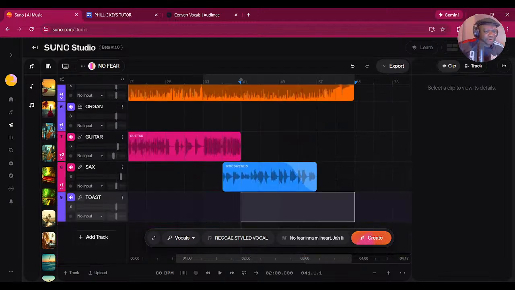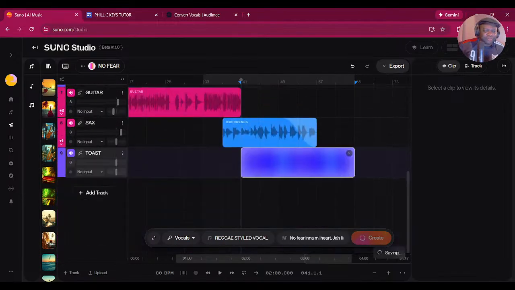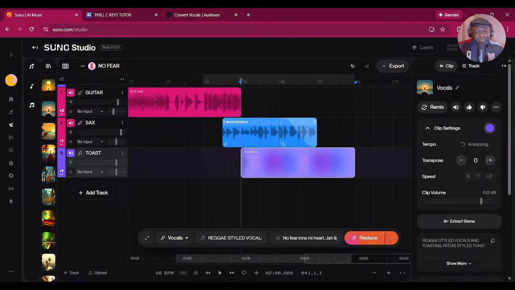But since I don't have them, we're gonna see if SUNO can work something out for a patois toast. Hopefully it can towards the end of the song. There's some really great artists. Shout out to, I believe it's Little Lion. Really great artists on that label. Don't know where they are, but they sound really good and authentic. So let's see what we can get from this SUNO prompt. Let me see what else I missed.